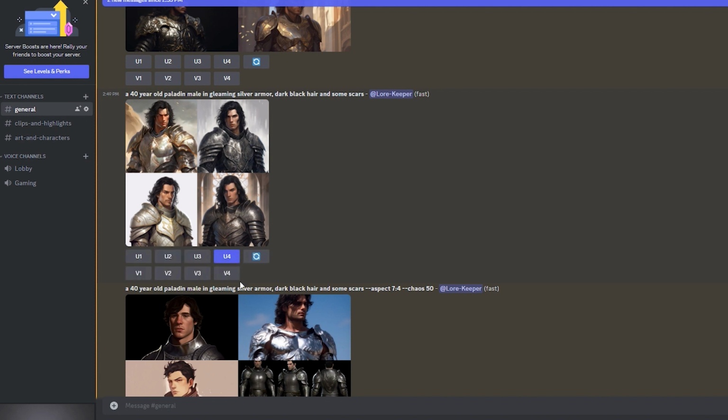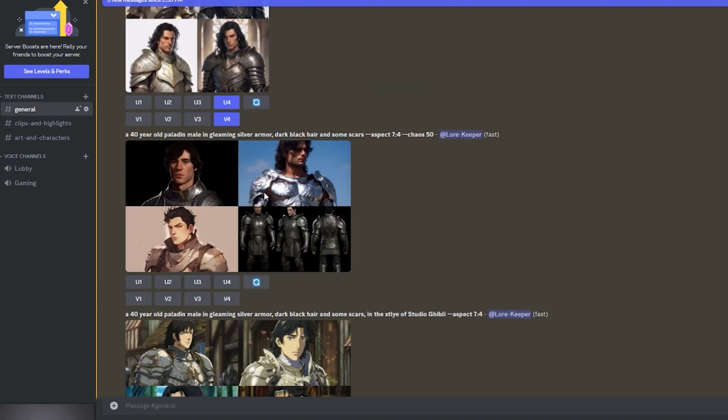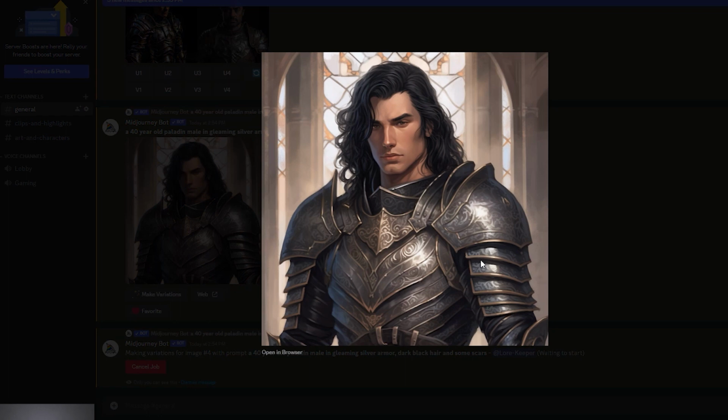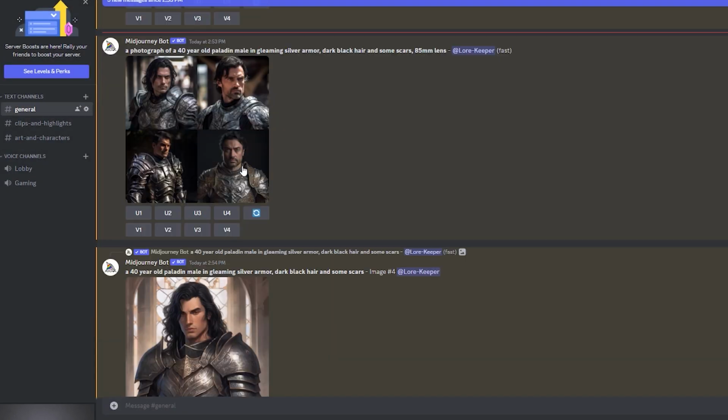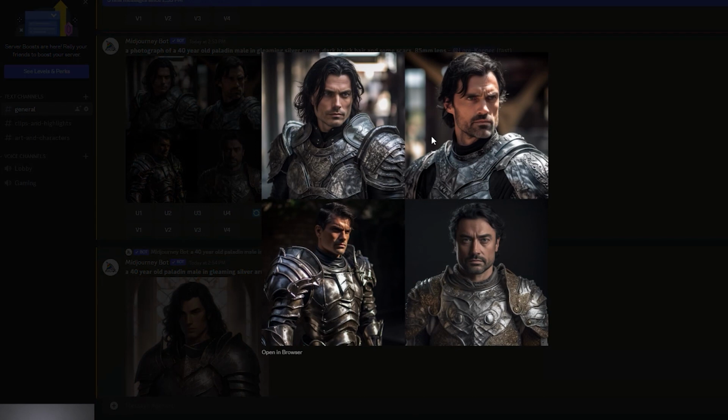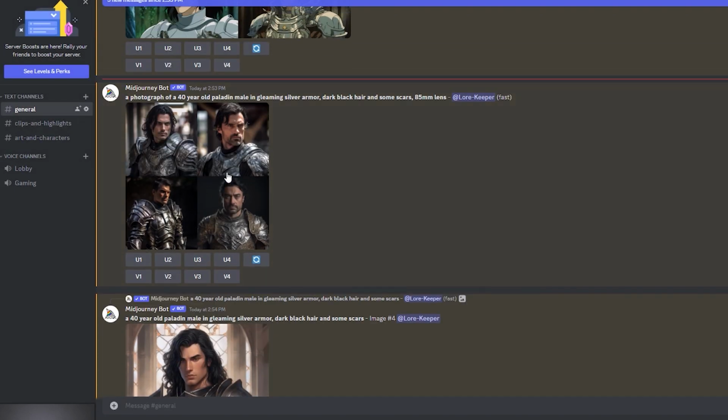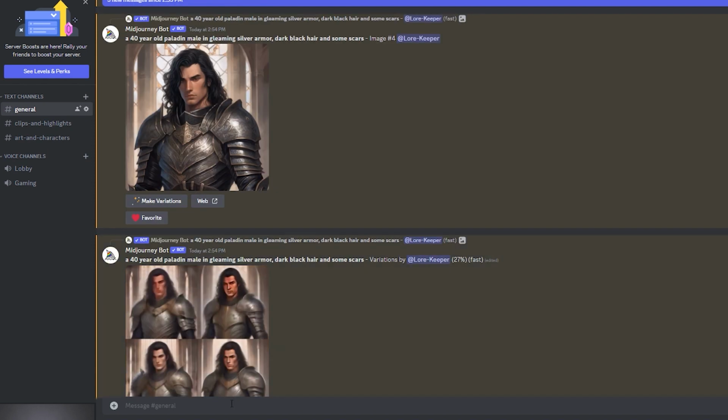Or if I like that but I'm not 100% sold on it, I can have it do variations of box number 4. And you can see here's the upscaled version. And it's going to do some variations as well. Just for the hell of it, let's go ahead and upscale this one here. Actually, you know what? Just to go a little deeper, what I want to do